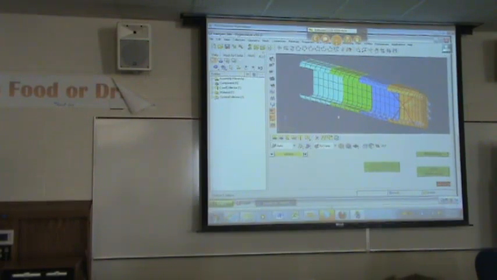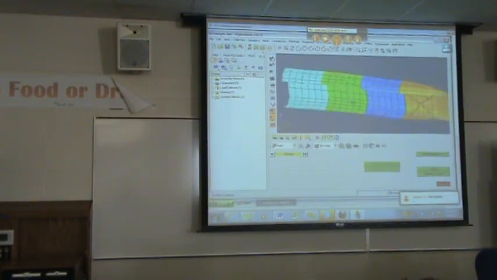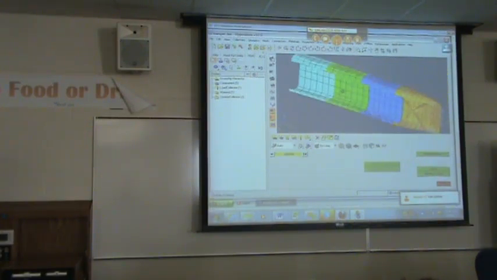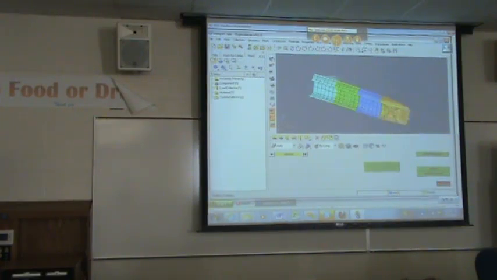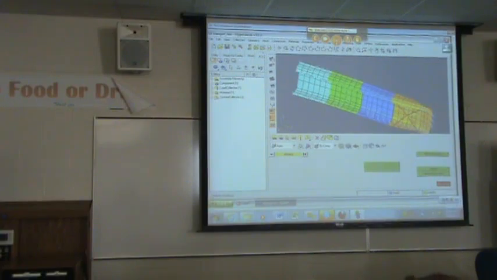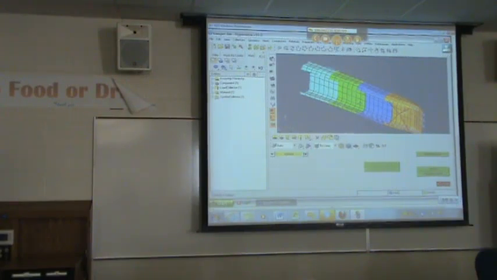To rotate and everything, you have to hold the control button. If you left click, it'll rotate it. If you right click, it'll pan, and if you use the scroll button, it'll zoom. That's the easiest way I've found to manipulate panning, zooming, and rotating. So you do that while you're holding the control button. Otherwise, if you use